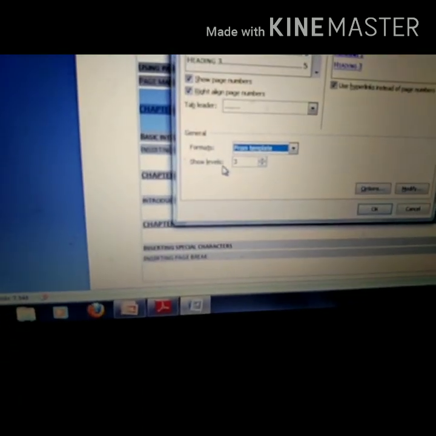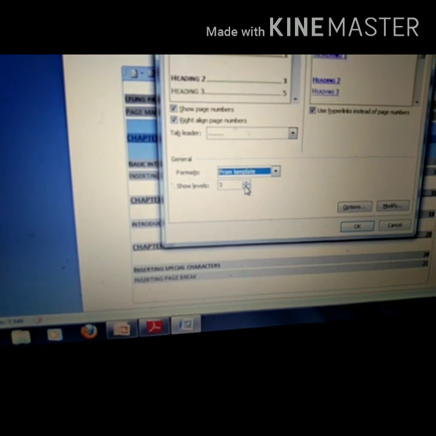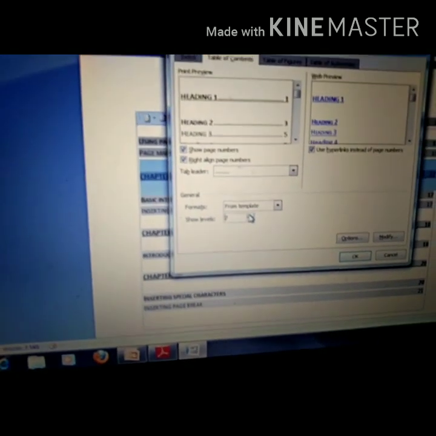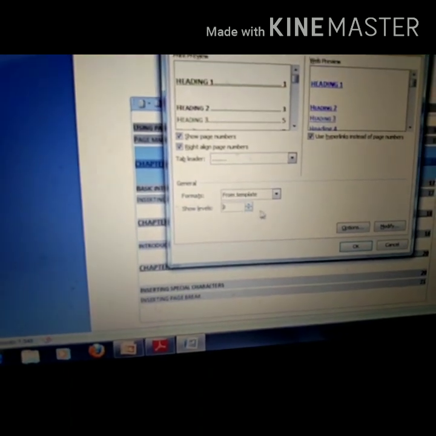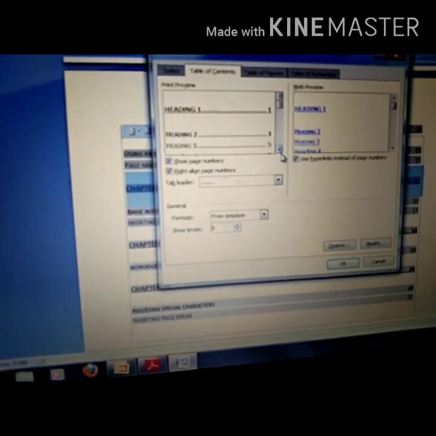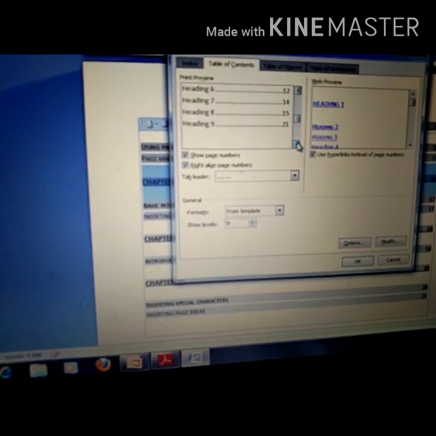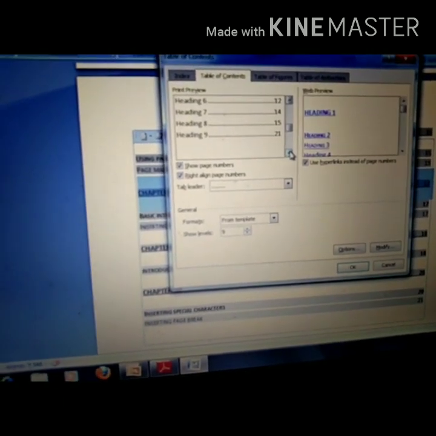Next is Show levels. Level means heading level. From here we can increase or decrease the level of headings. If I am giving Show levels 9, here you can check in the preview that till level 9 headings it will show.